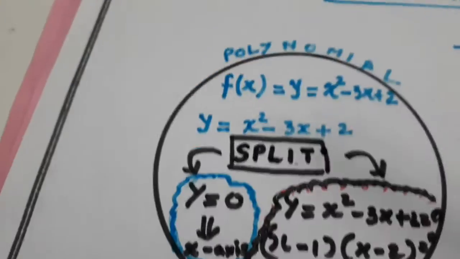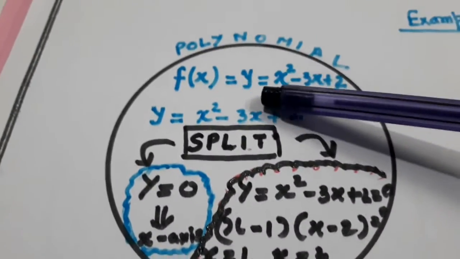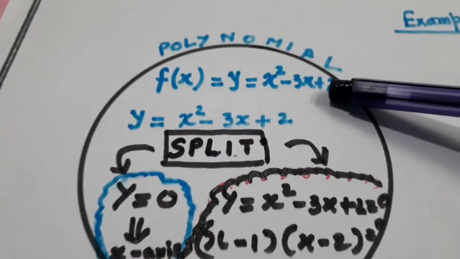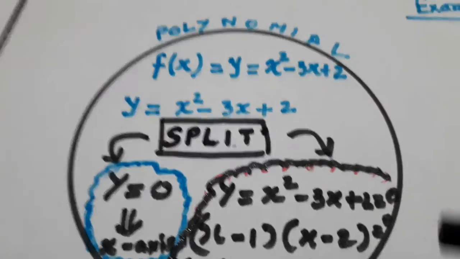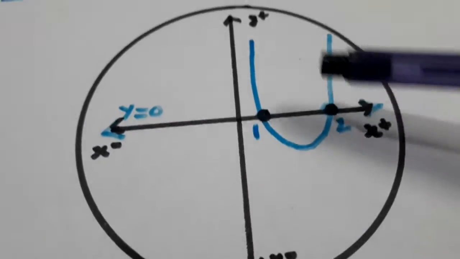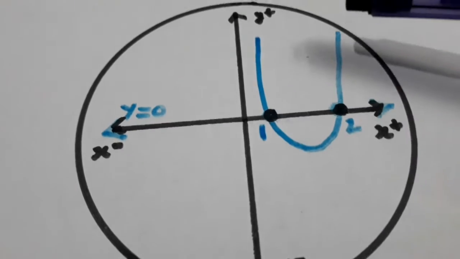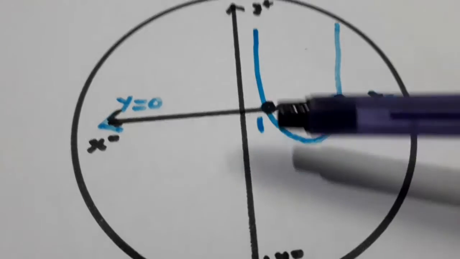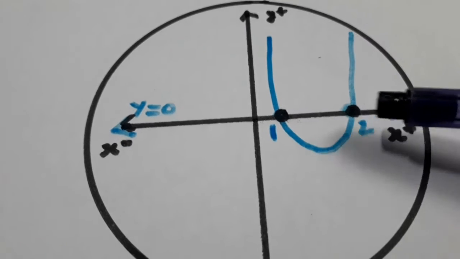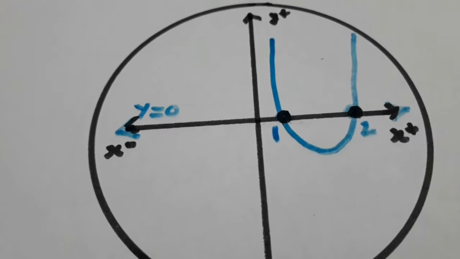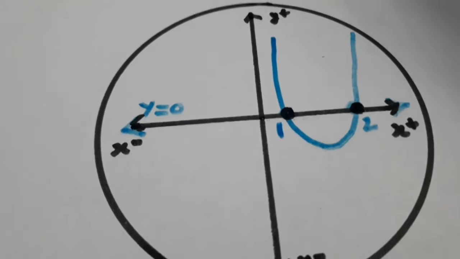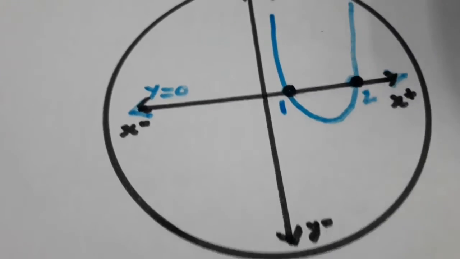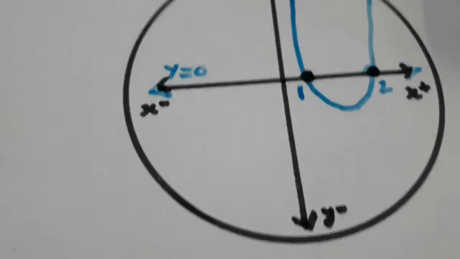So basically the curve was y equal to this. We have put y equal to 0, which means the x-axis, so there are 2 zeros. These 2 zeros are the points of intersection of this balle balle curve, the parabolic curve. It is intersecting at 1 and 2. So these are the zeros. Now the same technique we shall adopt in solving the questions on logarithmic functions also.